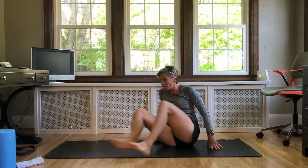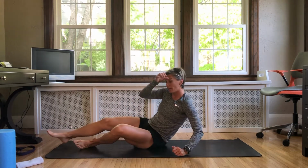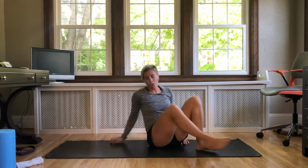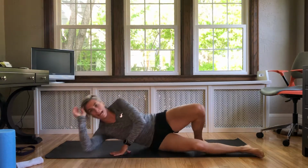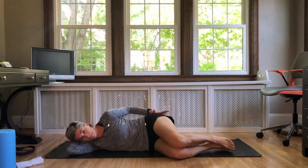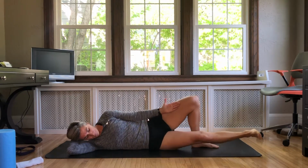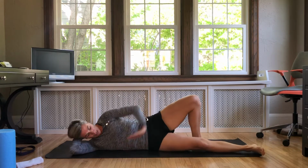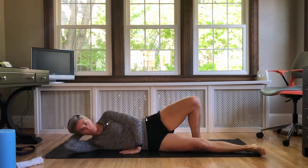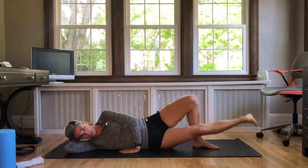I'm gonna lift up. I'm gonna flip on over. Okay, actually, nope, go back. Here's why. We're gonna go right into the adductor. So you're already in this position, okay? We just did this left glute med. I just want you to lift that leg up, extend the bottom leg. Again, core tight. I'm kind of bracing my upper body, flexing the ankle, and now I'm doing an adductor lift,